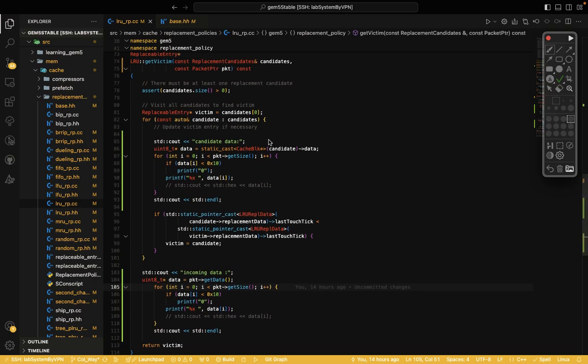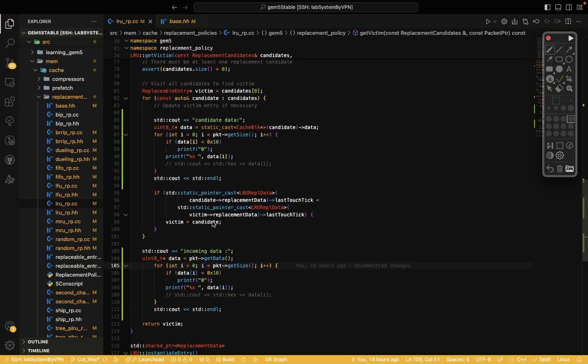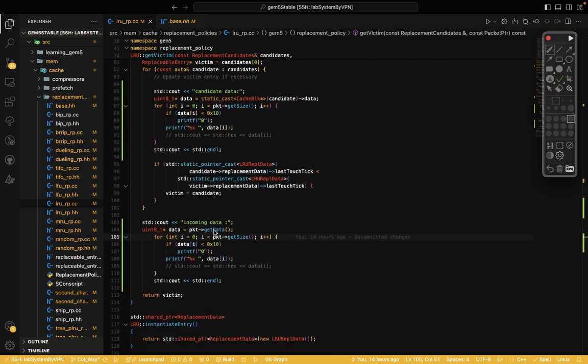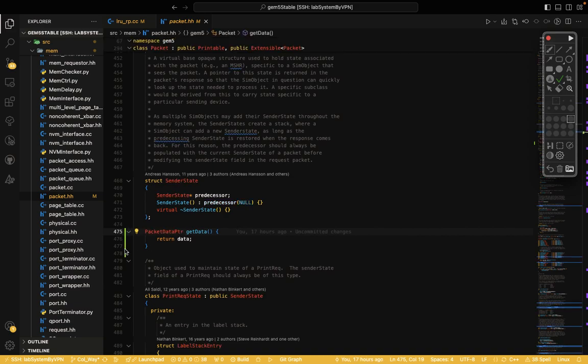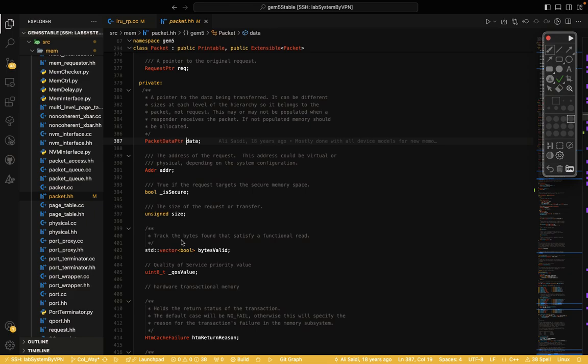For this, I wrote this function, but let's check what exactly this function does. If I go into the packet, getData is the function I added. As you can see here, the green line shows it's a new line in git. Here, it returns back data. What's the data? The data is our target to read for checking. As you can see, the explanation says a pointer to the data beginning transfer.